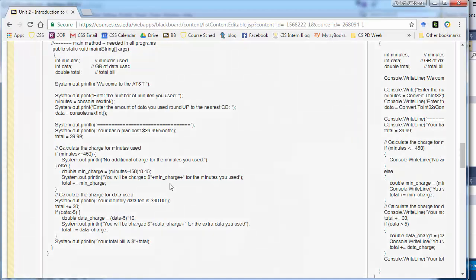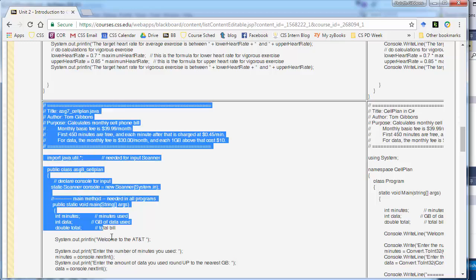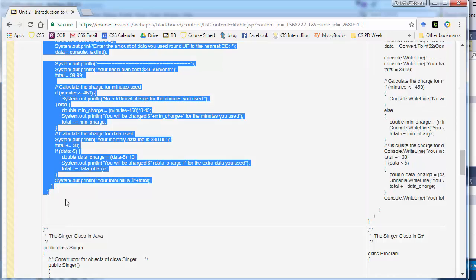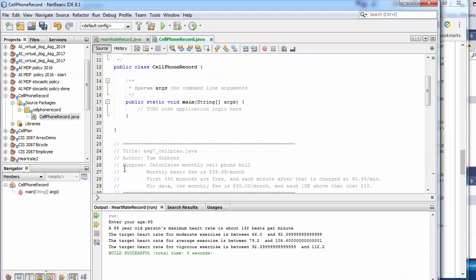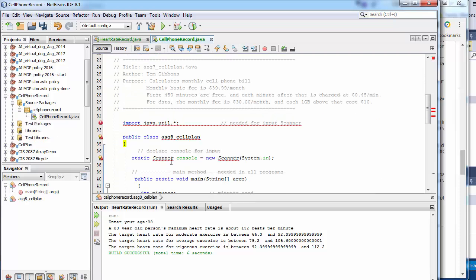So I got my phone here, and I'm going to take this code, this cell phone code here. I'm just going to take this all out here and talk a little bit about this again. Paste that whole code in after this for a quick comparison. To remind ourselves that